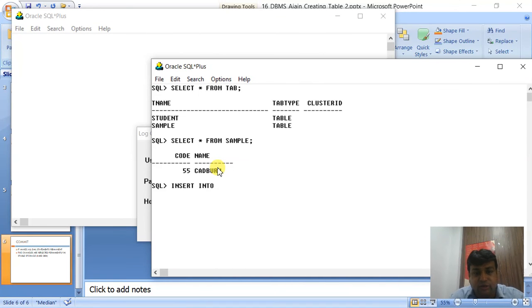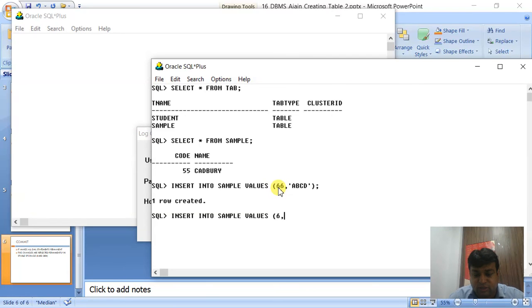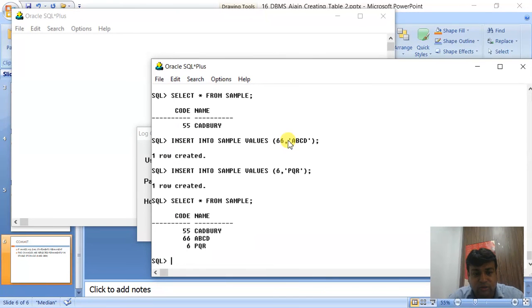Insert into sample values 66 comma anything. One row created. Similarly, if I enter another record, 6 comma PQR. One row created. Let me show you the records. So I have entered two records.